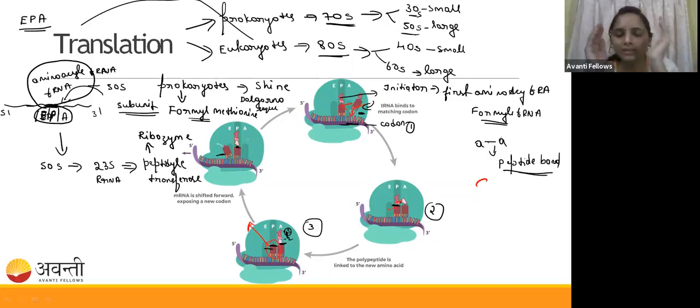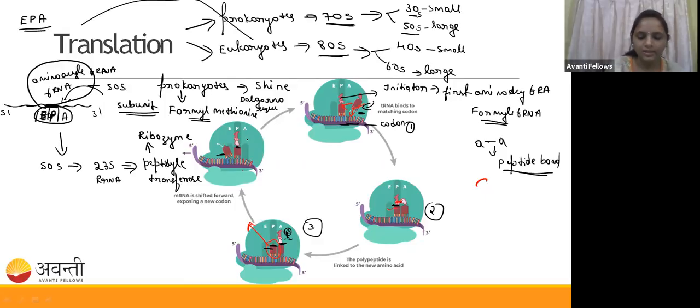First, the amino acyl tRNA will come to the A site. From the P site to the A site, the peptide bond formation will take place. Now the jumping of this whole thing from the P site to the A site will take place. Now it just turned to the E site. It exited through the E site, which is the empty tRNA. Okay. Now the same procedure will happen till the full codon was completed.